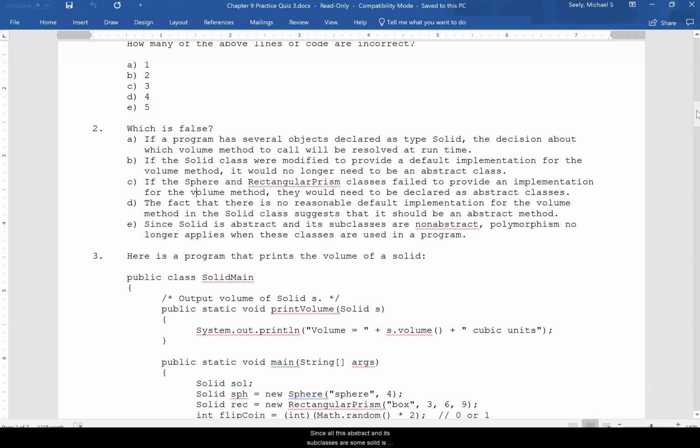So E, since Solid is abstract and its subclasses are not, polymorphism no longer applies when these classes are